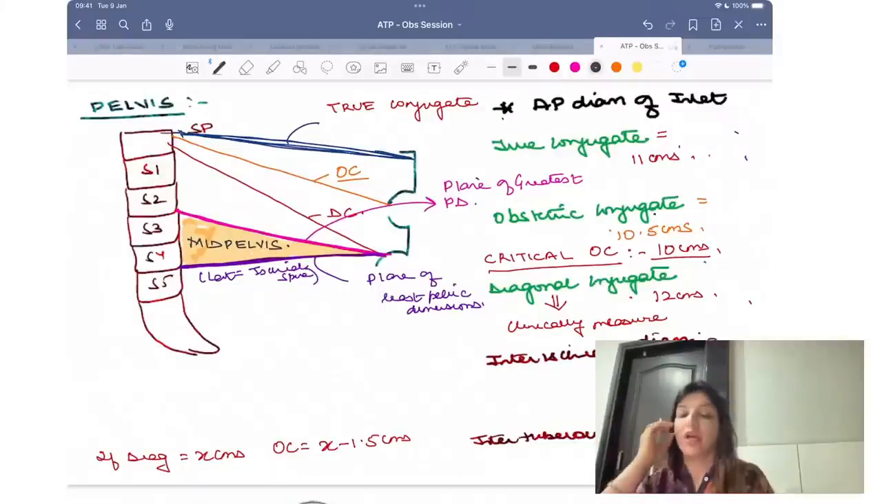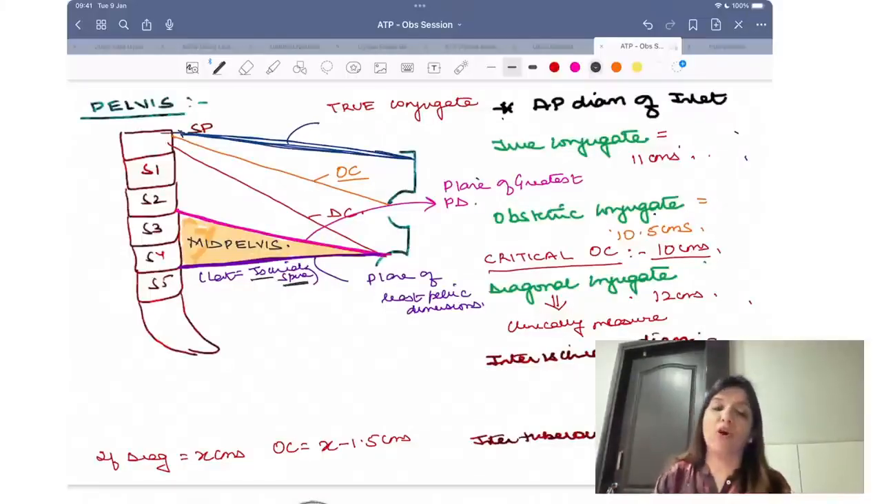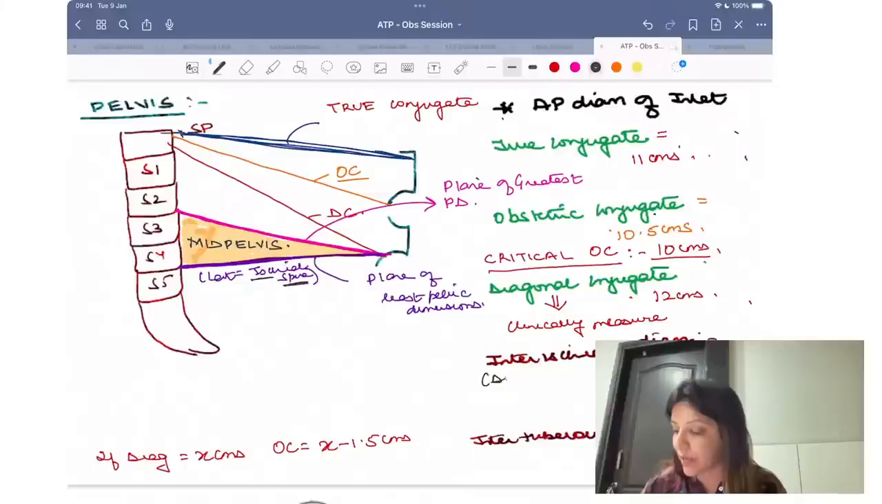Mid pelvis. The area which lies between the plane of greatest pelvic dimension and the plane of least pelvic dimension is the mid pelvis. Now, the most important thing in the plane of least pelvic dimensions is that its lateral boundary is the ischial spine. And it is called the plane of least pelvic dimensions because the transverse diameter of this plane, that is the distance between two ischial spines,